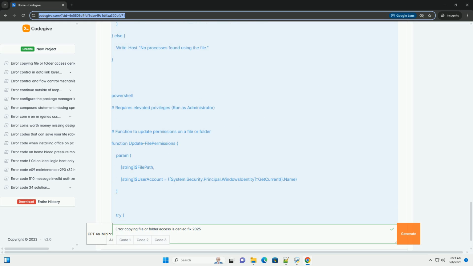Why it works: safe mode starts Windows with a minimal set of drivers and services, which can help to isolate the problem. If you can copy the file in safe mode, it suggests that a third-party driver or service is interfering. 2025 relevance: safe mode, or a similar diagnostic environment, will likely still be available for